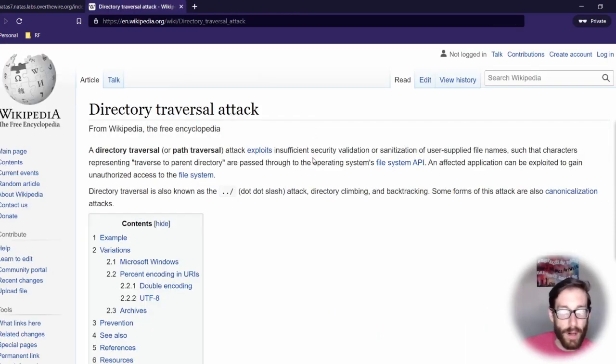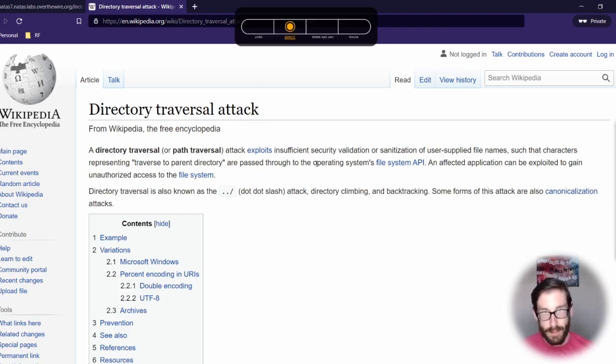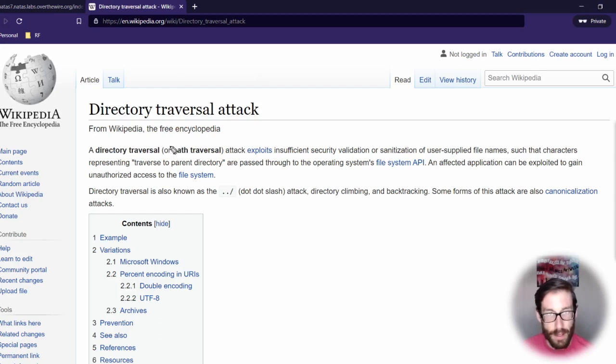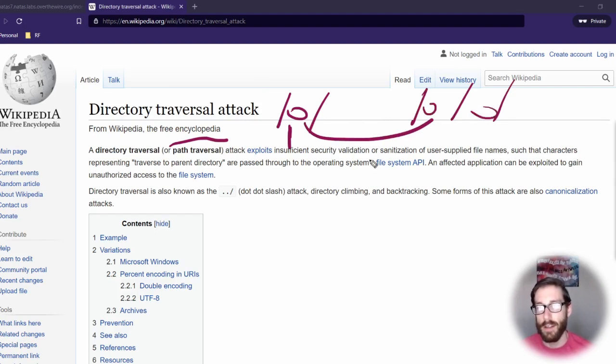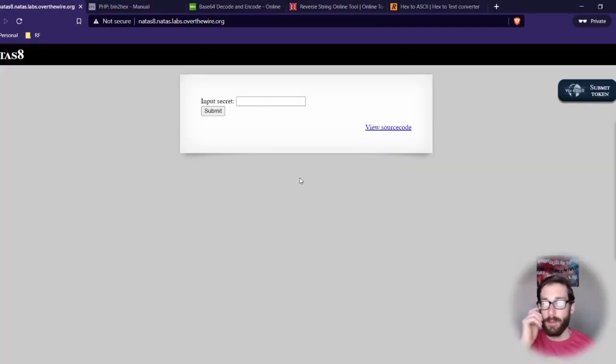Another thing I wanted to point out here is directory traversal. I'll explain this in a future one, but what we did there was a type of path traversal, or directory traversal, which was basically going from one location, which is a / this location, and then we changed the path and went to a different / location, right? Alrighty. So on to the next one, Natas 8.